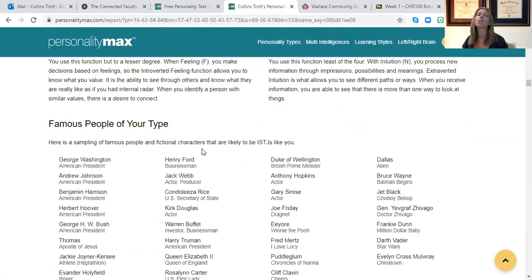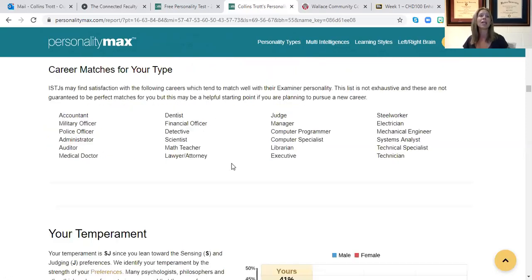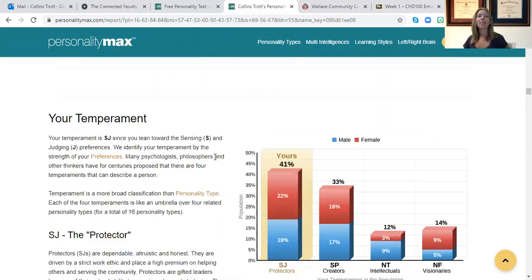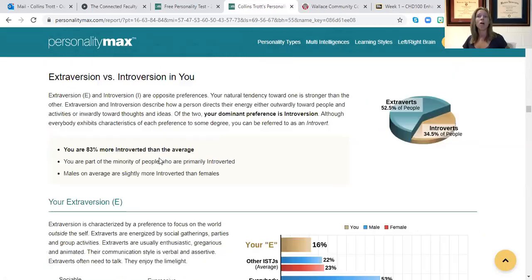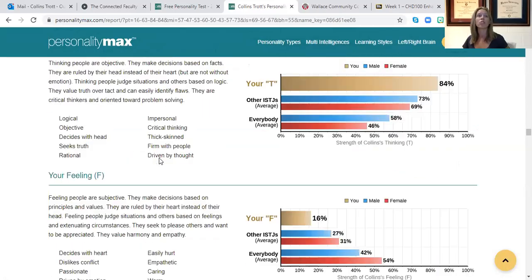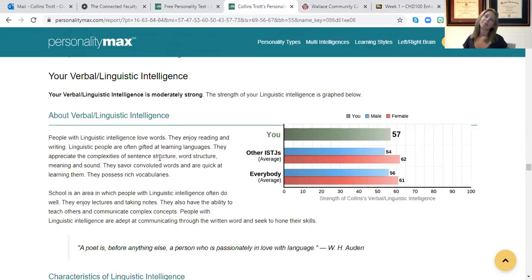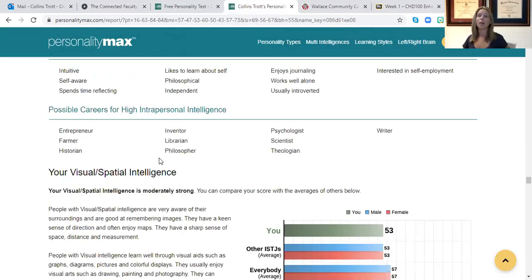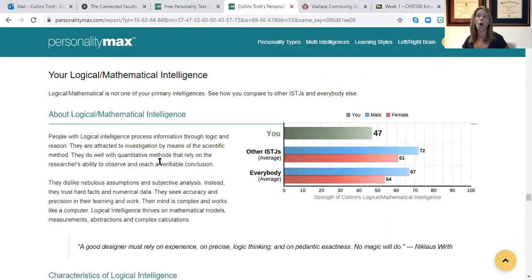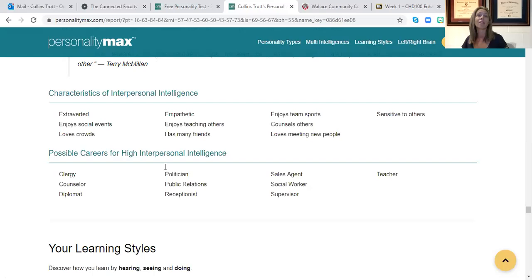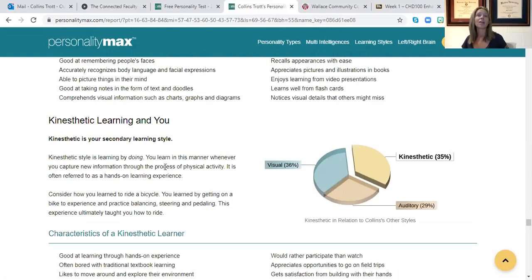So lots of great information in here. And then I'm going to scroll all the way down to the bottom so I can show you what you're going to do with it. Keep on going. Again, it's 20 pages, so it's long. Learning styles.